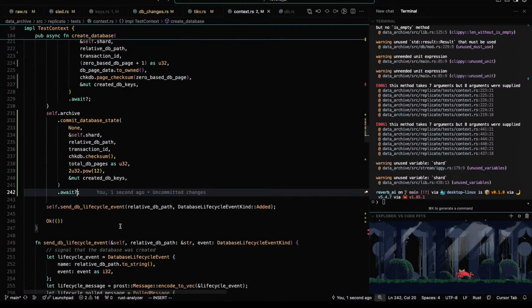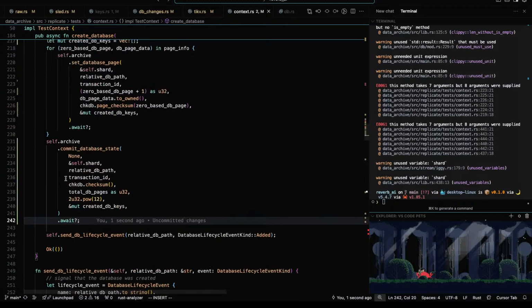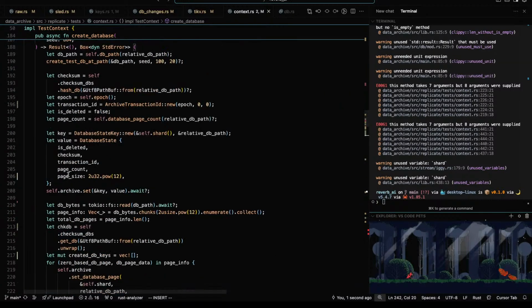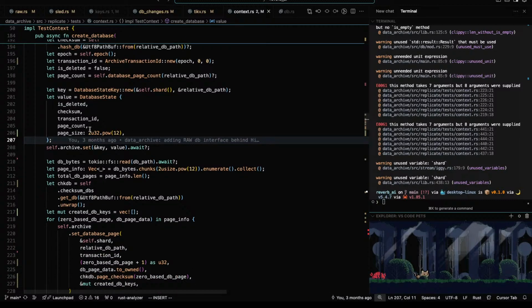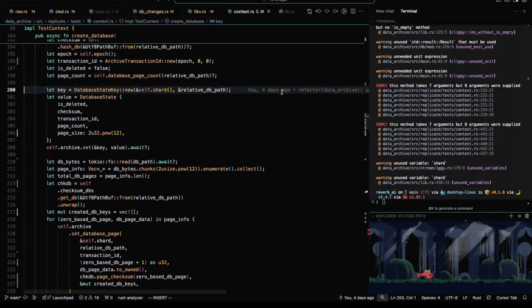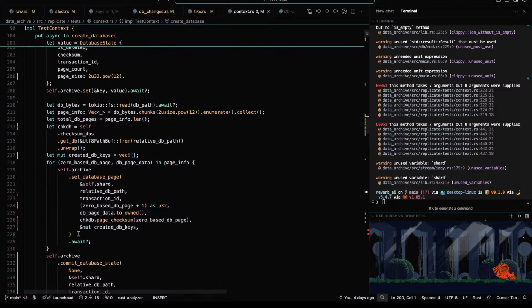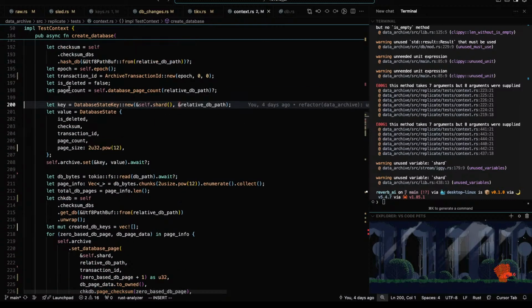Okay. We'll see if that works. See, and because of that, we can get rid of this state key commit here. Page count. Am I using the right one down here? Page count. See, I use total DB pages instead, so that's going to be different.